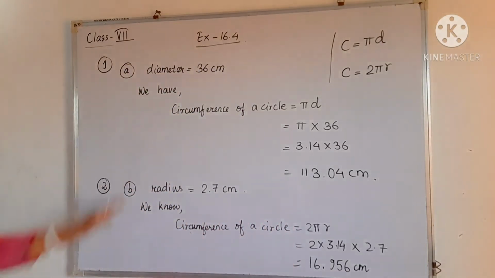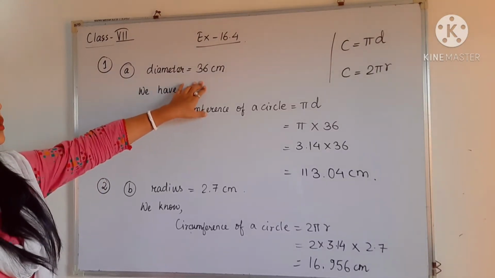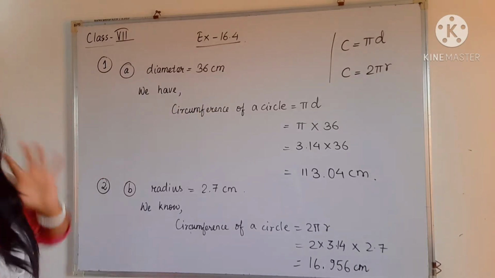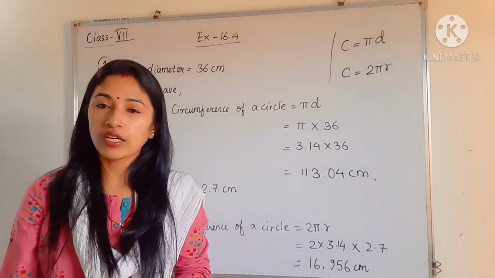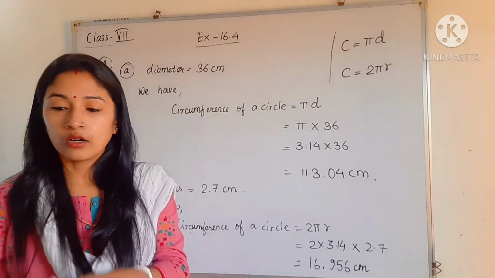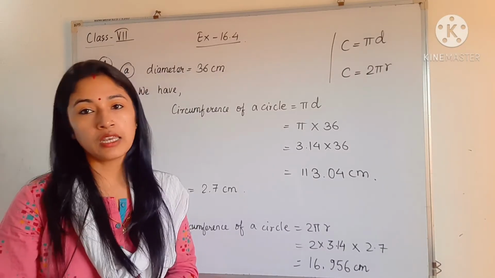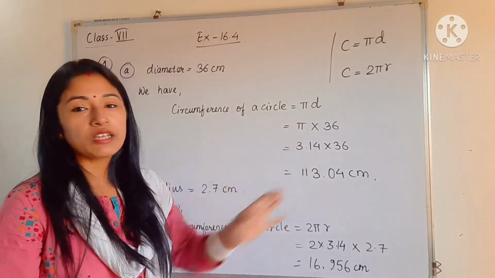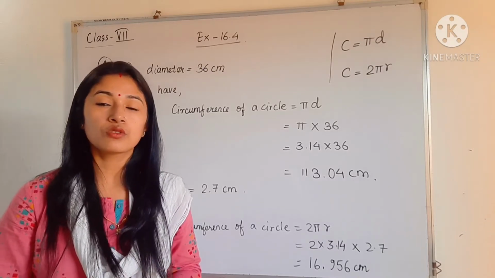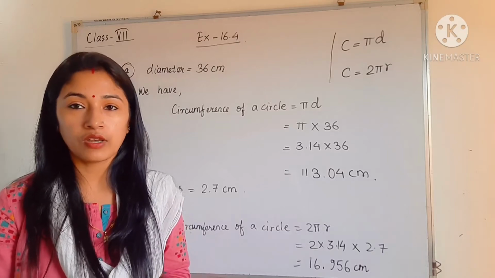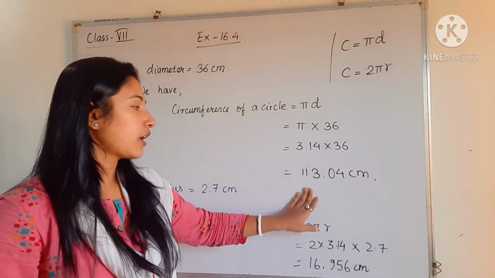So here, in question number 1a, we have to find the circumference of a circle. The diameter is given as 36 centimeter. So we can directly apply pi into d, and we know that 3.14 is the value of pi. We can use 22/7 also. In the question it is not given which value of pi we have to use, so we can use any value. If the question mentions that use 3.14 or use 22/7, then you have to use that value only. After simplification, I got the answer